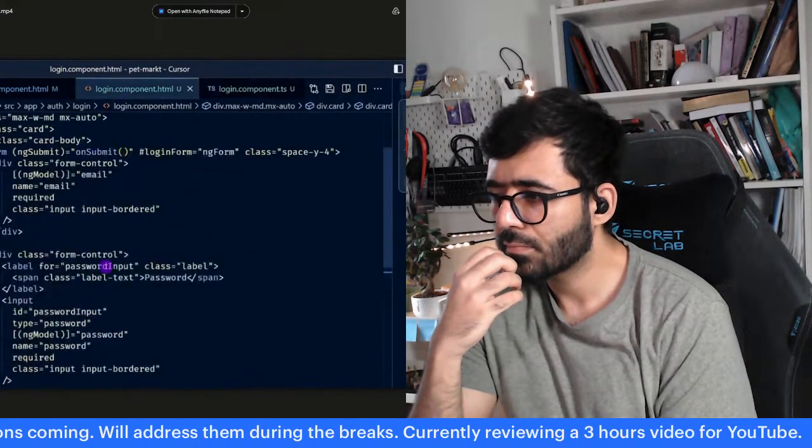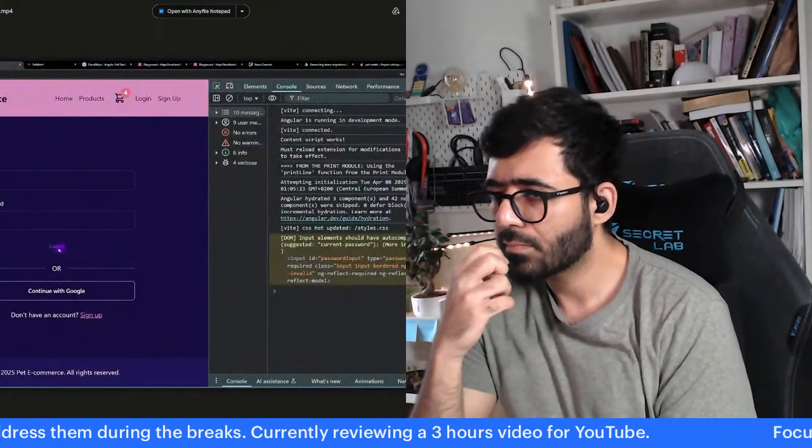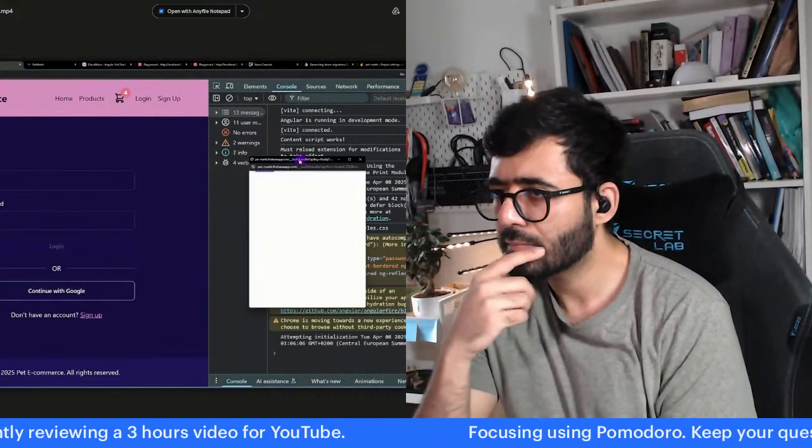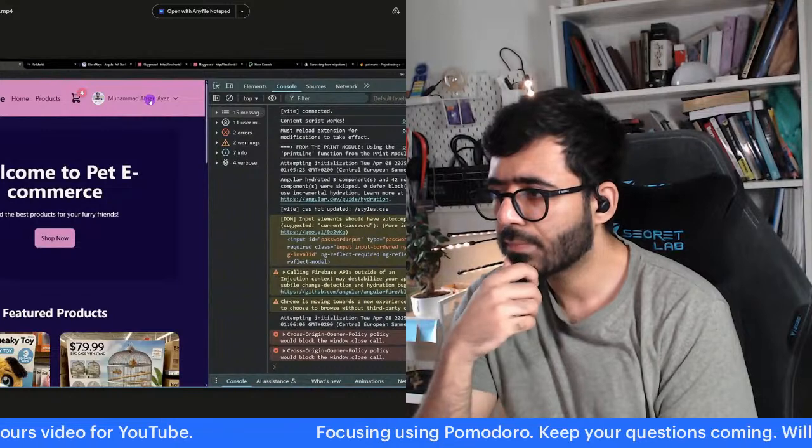Now if I go to the HTML, everything looks fine, which means that if I go to my login page, this is what I see. So here you can see the email, the password, and the login button, and you provide all of these values. This button should be enabled, or you continue with Google. So if I click continue with Google here, you can see that automatically this opens this modal for me and then signs me in